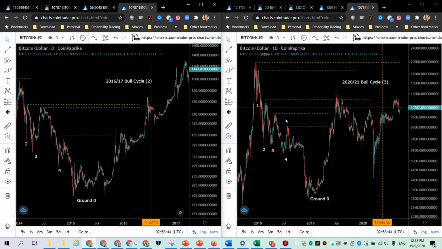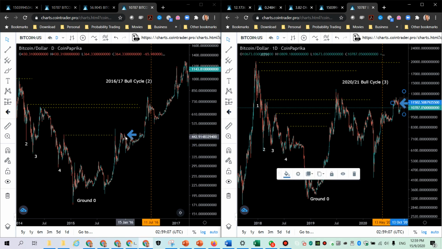Now, if you were to think this pattern here is in relation to this fractal, you might think that the latest price action here would be somewhere around here, right? So it's about $457. It's somewhere around there. Now, if you believe that that's the case, then you're right. It could be a major correction coming down, which means it could be coming down into the $9,000 level. But I do not think that's the case.